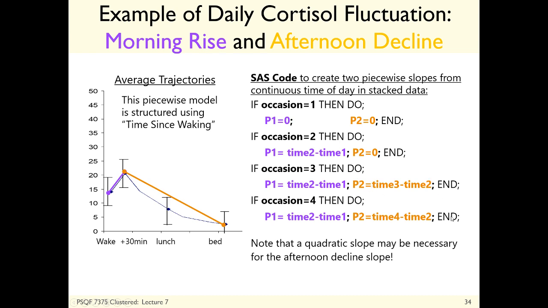So this coding scheme makes it so that the purple variable, P1, directly indicates this part of the curve, the morning rise, and then after time 2, the orange variable, the P2, kicks in and represents this part. And so then you can see what aspects of someone's life predict differences in P1 versus differences in P2 as separate measures. So that's piecewise